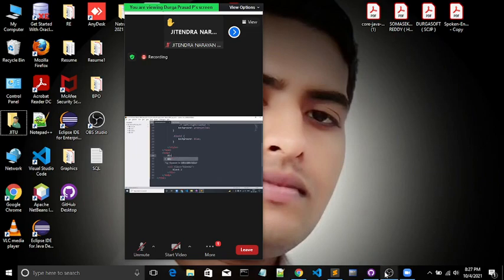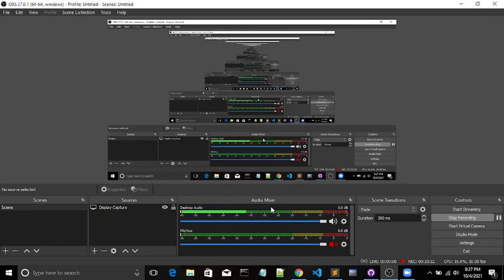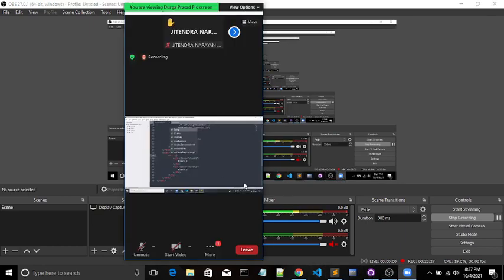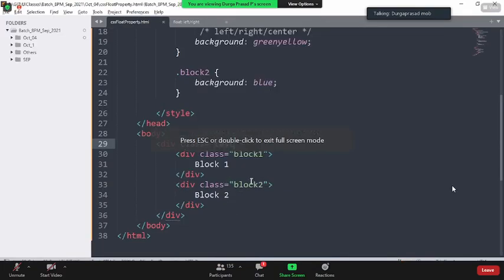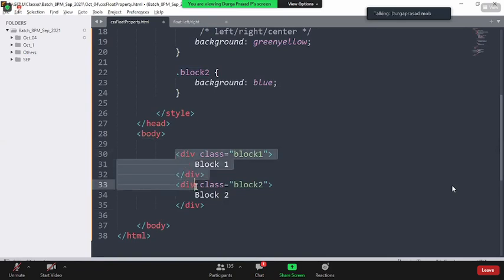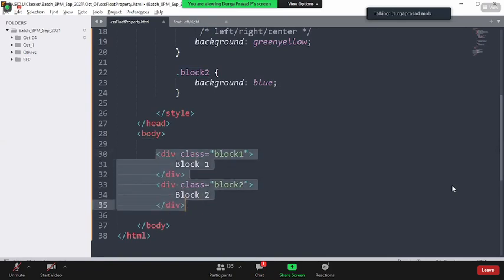Now I add a div tag, like this, with class equal to test. Now can you tell me what is the container of block 2? Is it test container? Yes, test. So this is the difference between the container and the page. When I say page, it is the body tag. When I say container, it is the parent element, whatever you have, that is what we call a container.